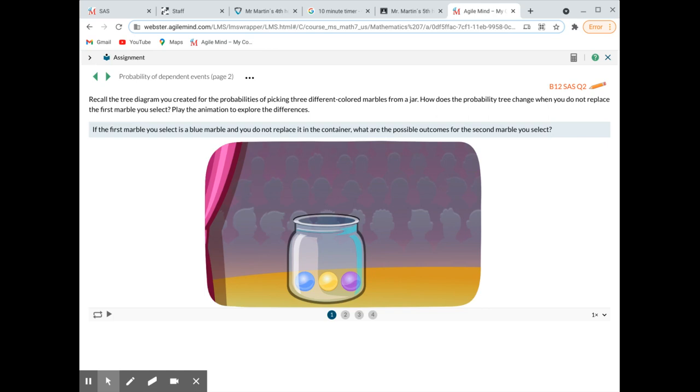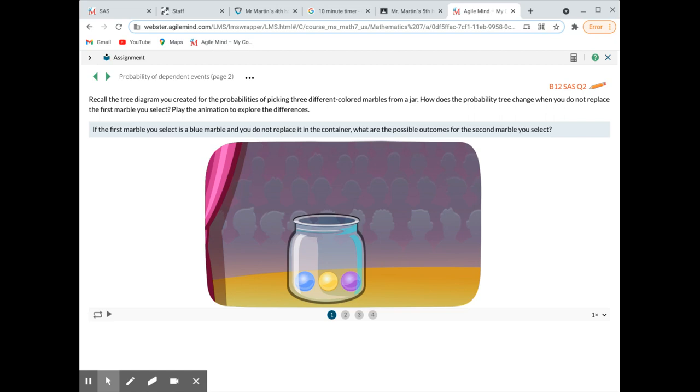Recall the tree diagram you created for the probabilities of picking 3 different colored marbles from a jar. How does the probability tree change when you do not replace the first marble you select? Play the animation to explore the differences. If the first marble you select is a blue marble, and you do not replace it in the container, what are the possible outcomes for the second marble